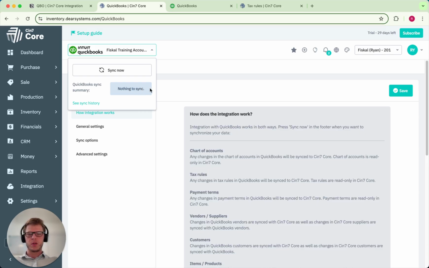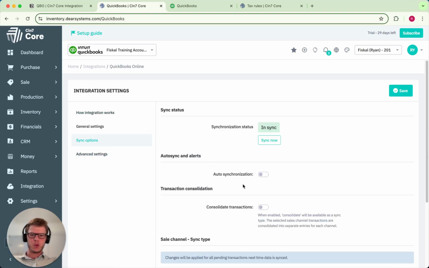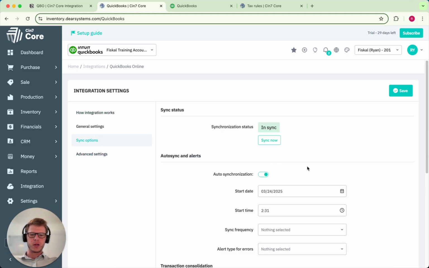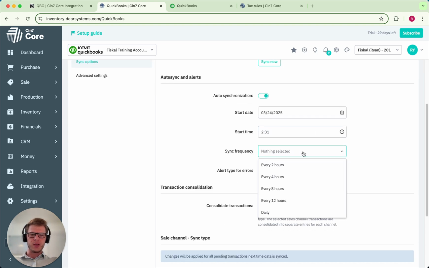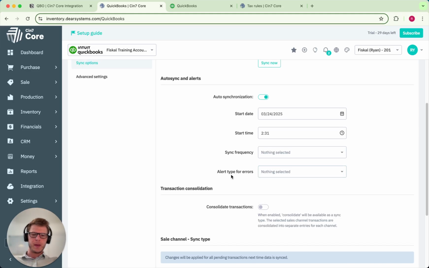But for example, certain actions occur throughout the day. It will then give you a total of the amount of items that need to be synced through. However, you can automate this. So you can auto-synchronize and then select the frequency. And if there are any sync errors or alerts, you can select an email, so it'll give you a push notification via email about the sync errors,